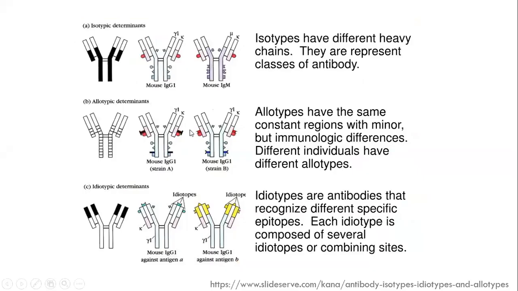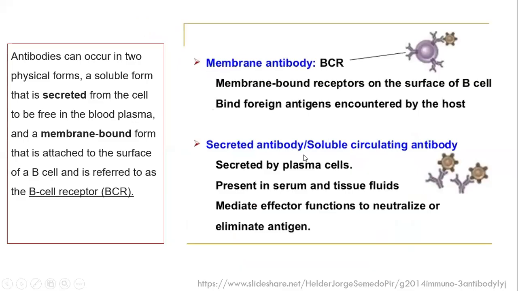These isotypes, allotypes, idiotypes, we looked at how the variability can come. One more important fundamental aspect we need to discuss here, which I didn't cover in previous classes, I think. So you need to look into the B cells. During B cell development, the B cell will be associated with two kinds of molecules on the membrane. The first one is the membrane-bound antibody. Another one is the secreted antibody that we discussed.